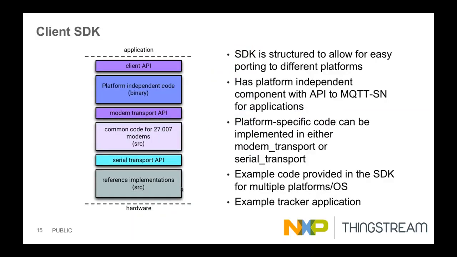So to talk a little bit about what we provide on the client side of this, we have a client SDK that looks structurally as per the chart here on the left-hand side. Starting from the top and going down, we have a client API that corresponds to basically MQTT, or in our case, MQTT-SN. It looks a lot like an MQTT client that you may have seen out on the web. It certainly represents the standard MQTT operations: publish, subscribe, connect, etc., but adds the ones for